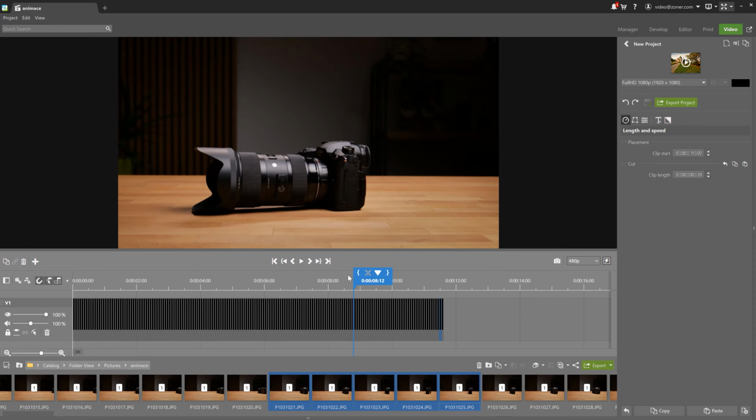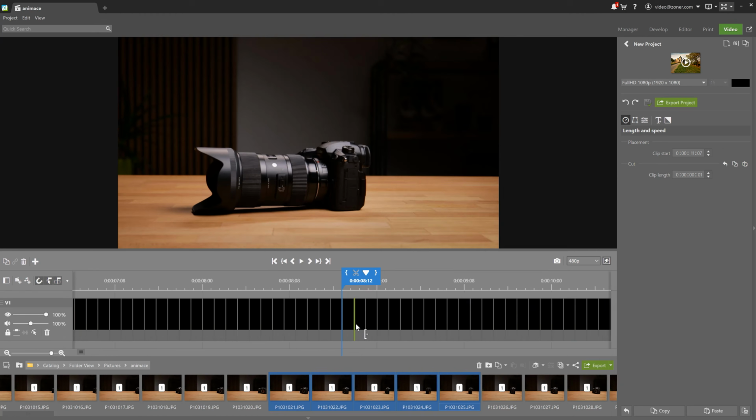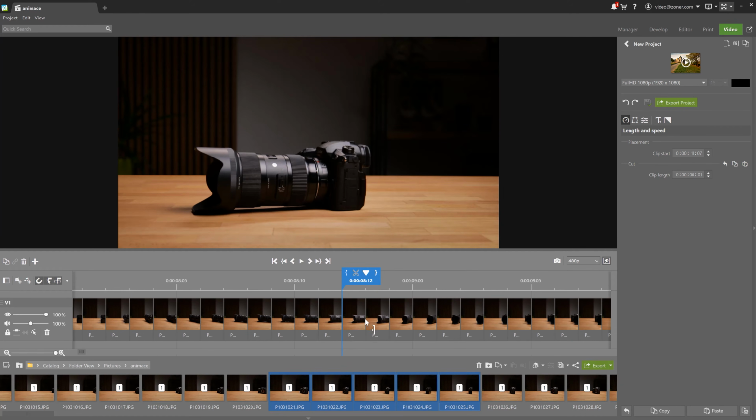That's because it takes fewer photos to make what we want, and secondly, because Zoner Photo Studio X is by default set up at 15 FPS. Unfortunately, you can't create an animation with a different frame rate than what you have set in the video project settings. And this is because the photos can only be displayed for the duration of the entire frame, and you can't break the frame down into smaller segments.